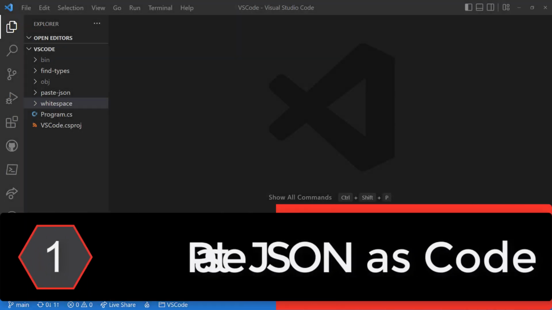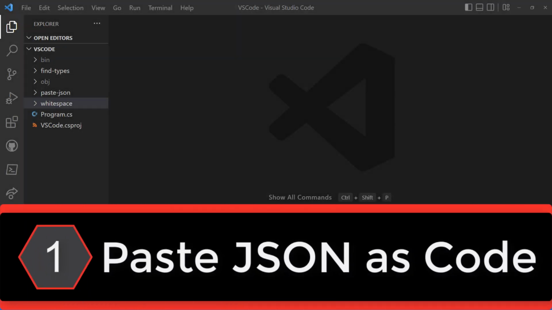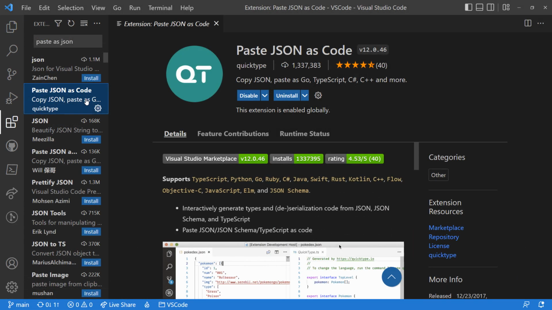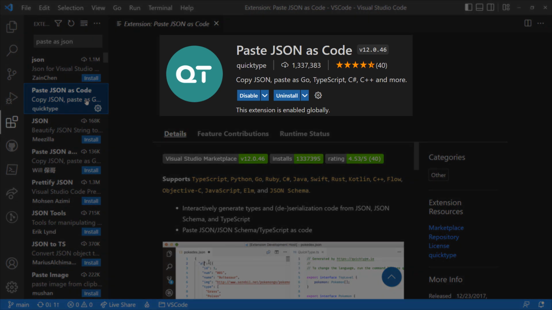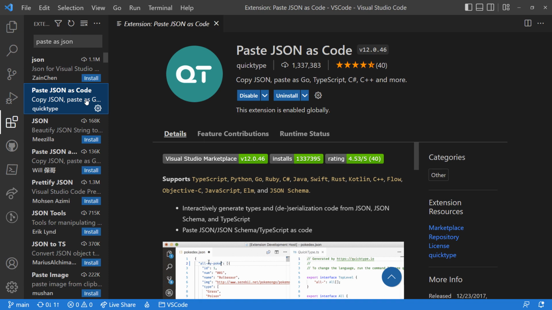Did you know you can automatically create types for the JSON you have on your clipboard using VS Code? While VS Code doesn't have a built-in way of pasting, there is an extension that will do it. Install the Paste JSON as Code extension. Copy your JSON onto your clipboard,